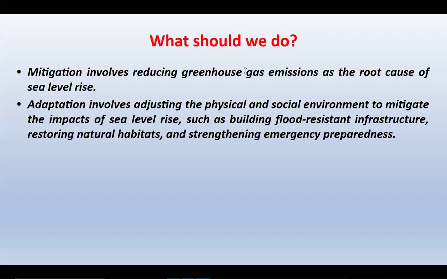And we have to create flood resistant infrastructure, restore natural habitats and strengthen emergency preparedness due to the imminence of sea level rise. So we have to tackle the root cause, the greenhouse gas, and we have to adapt by building flood resistant infrastructures and restoring natural habitats.